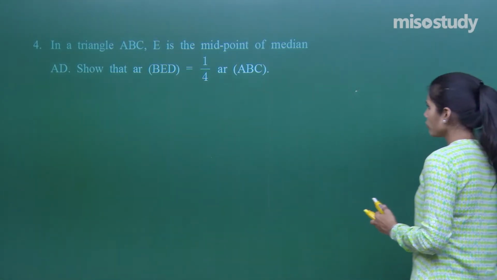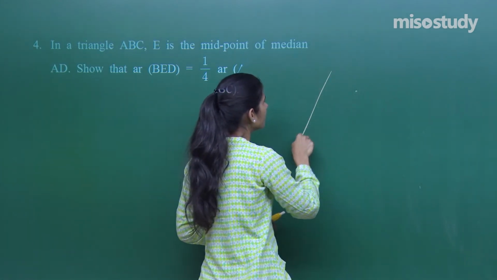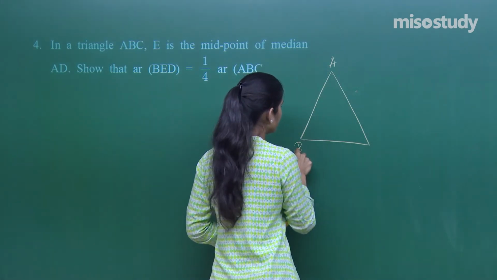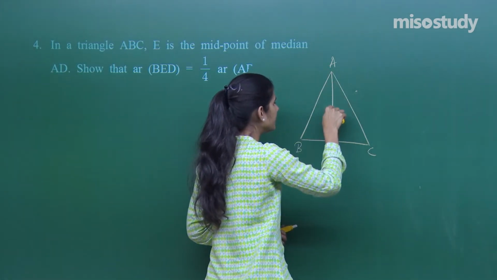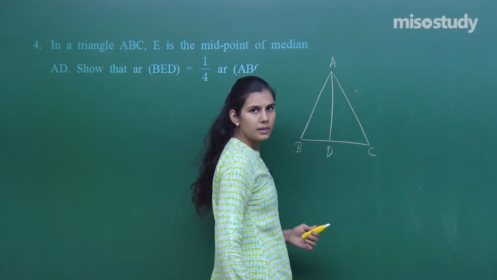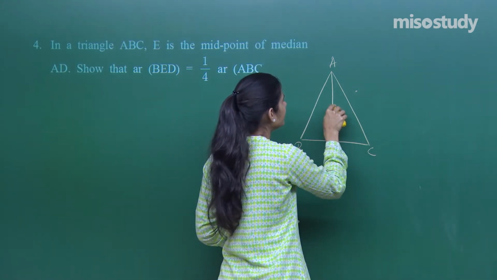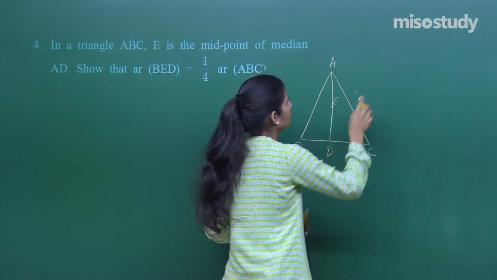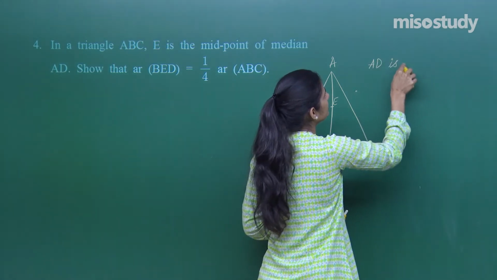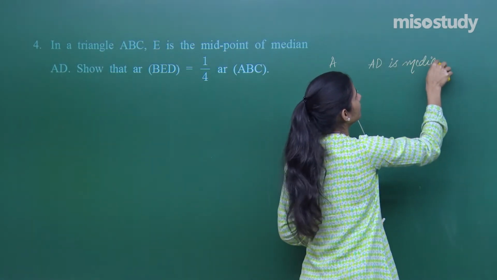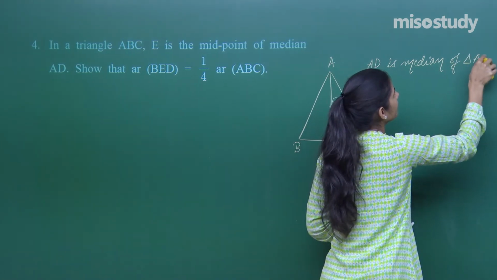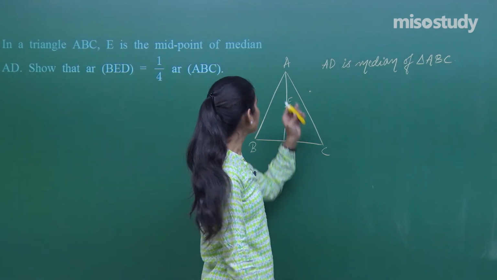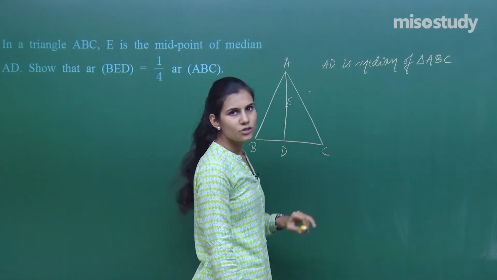Okay, so first of all we have to consider the median AD. So general triangle ABC, consider the median AD. This is the median AD, and E is the midpoint of the median. Okay. Now, AD is median of triangle ABC. Fine. We all have done this result. The very last result in the theory lecture said that median divides a triangle into two triangles of equal areas,